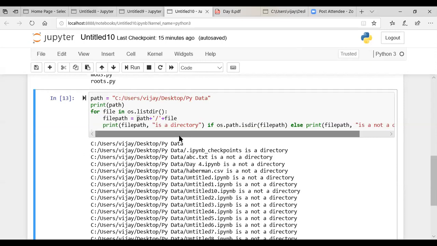Is this clear to everyone? Is this part clear? Should I explain it once again?